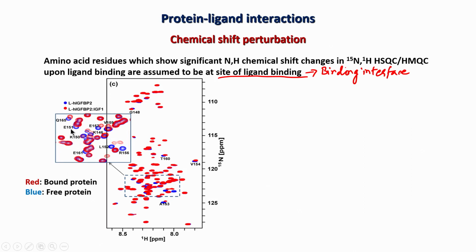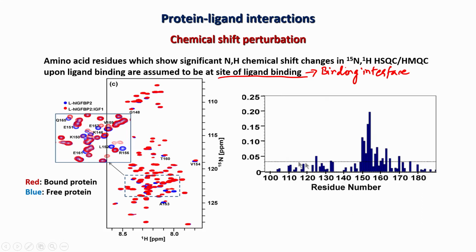Now, you can see these numbers, E151 and so on. These are the residue numbers, the ones which undergo change. That means I should know which peak corresponds to which residue, and I would expect to know that at this stage because I would have assigned the protein. So, I will know the assignments of each peak. Now, the changes you are seeing here can be plotted in a graphical manner. In the graph on the right side, there is the residue number on the x axis, and these vertical blue bars tell me how much chemical shift change is happening.